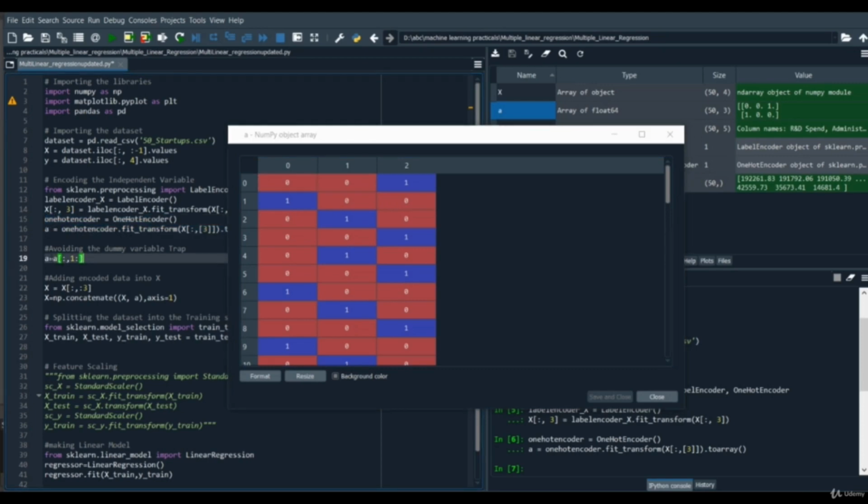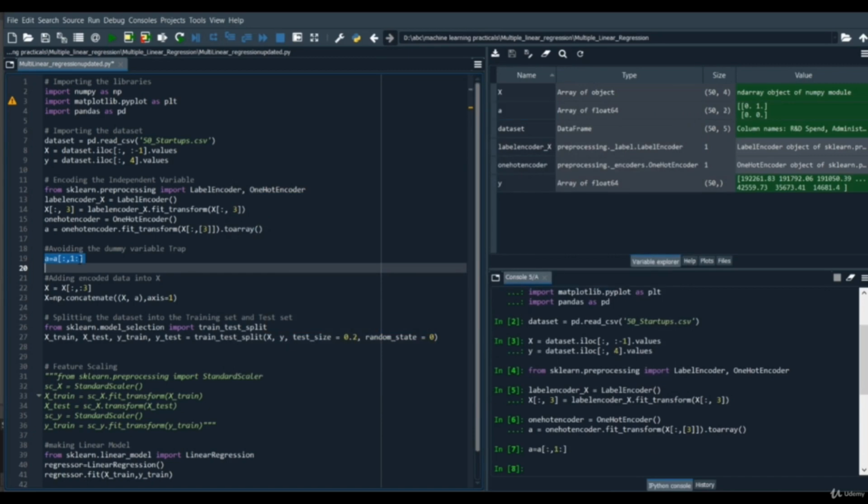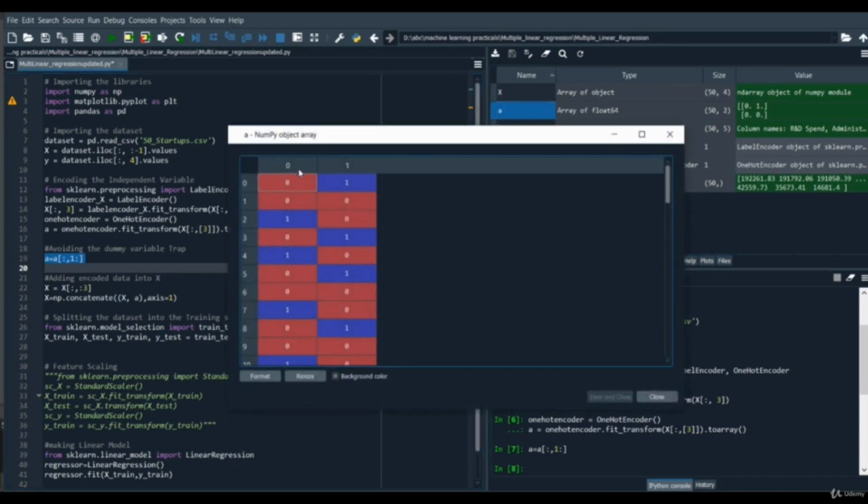What this line of code is going to do is just assign an array to itself, passing the same array, and then in the square bracket we are going to use colon, which refers to all the rows from start to end, and then 1 colon, which is going to return all the columns from the first index to the end. So it's going to drop the column at index 0. So let's execute this line of code. As you can see here, now we have only 2 columns. It dropped the first column that was before this, and now it only has 2 columns. So in this way we are going to avoid the dummy variable trap in our model.